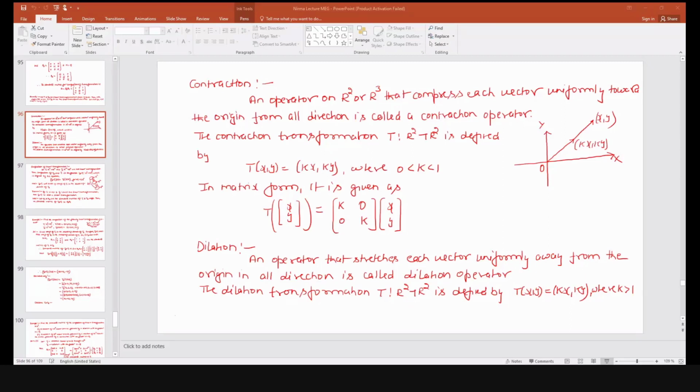So this is the composition of T2 and T1, a function T2 ∘ T1 from Rn to Rp, which is defined by these equations: (T2 ∘ T1)(v) = T2(T1(v)) for all v. So what is the condition for this? The range of T1, that is a subset of Rm, should be a subset of the domain of T2. If it exists, only then you can say that T2 ∘ T1 will exist.